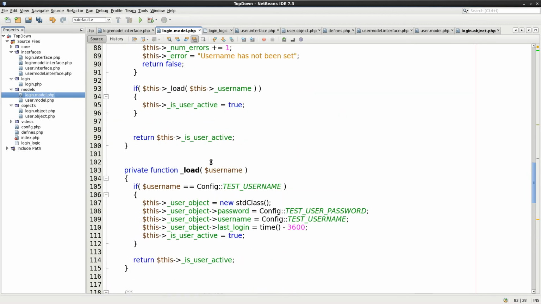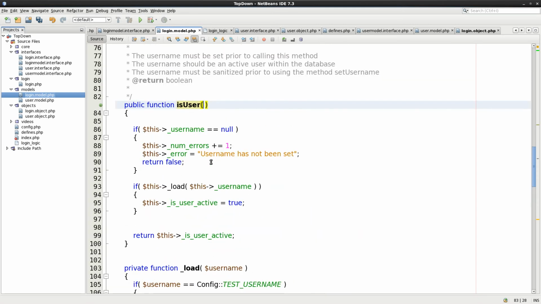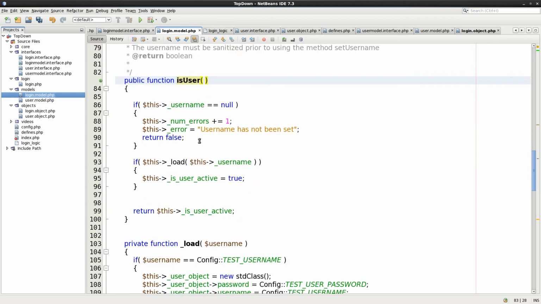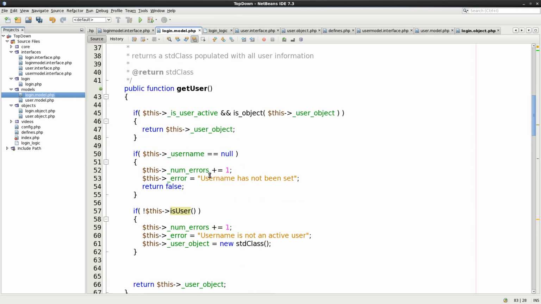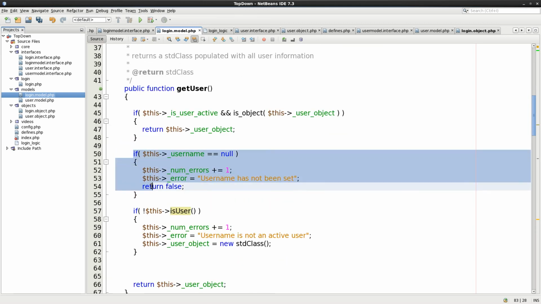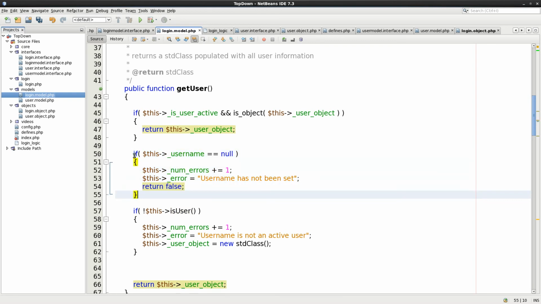Okay, that's something that there needs to be a little bit of rejigging of this one code, okay? Because what we need to do is essentially get user, if user is active, no, then return, if username is equal to null, num errors. This is the issue that we've got right now, is the username. Okay, so